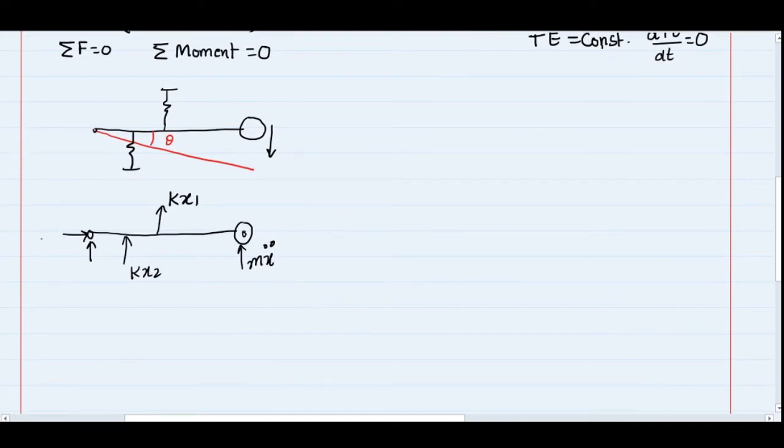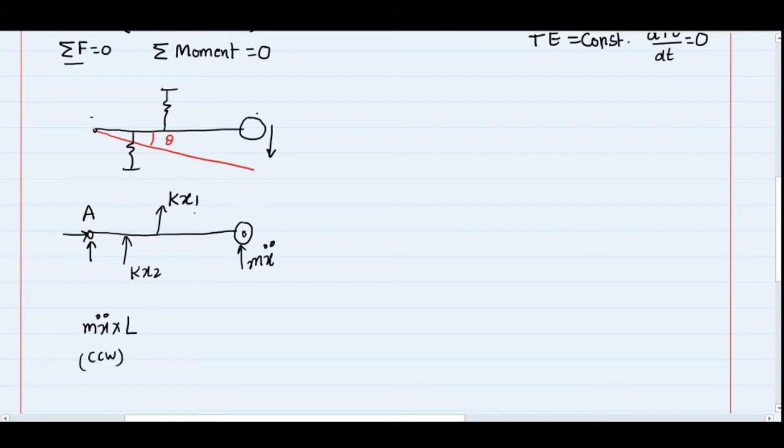Now we assume that this system is in a static equilibrium condition, and we can apply the law of static equilibrium, either by force balance or moment balance. So let's do the moment balance at this point A. I will have three forces. First, mx double dot multiplied by the distance L, because the total distance is L here, and as the force acts in the upward direction, its sense will be counterclockwise.